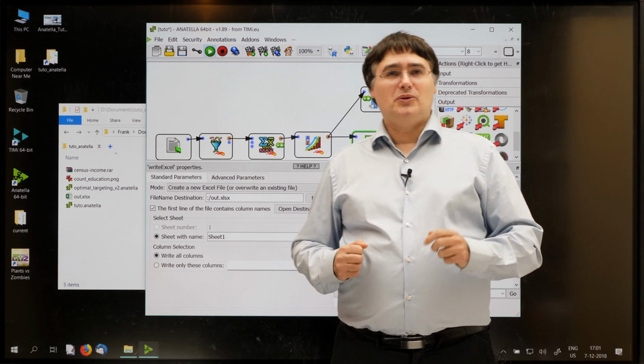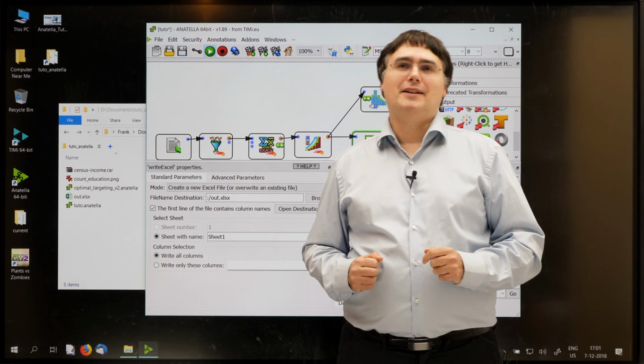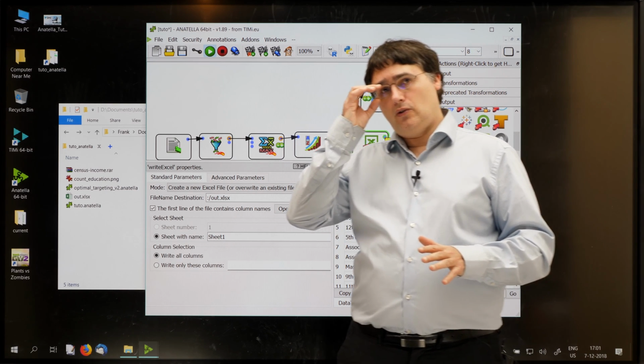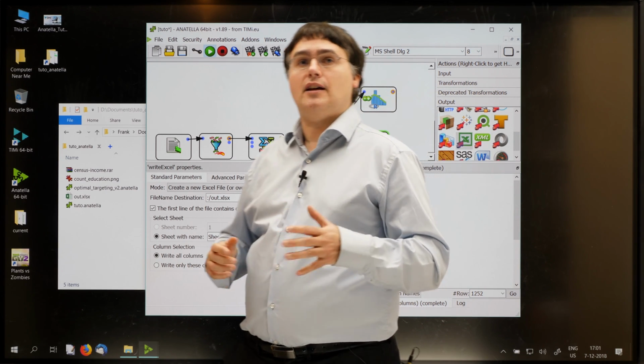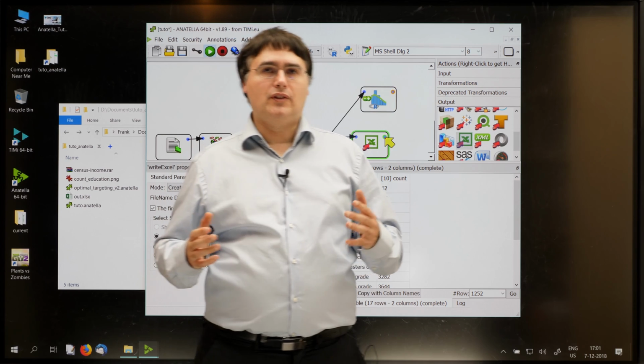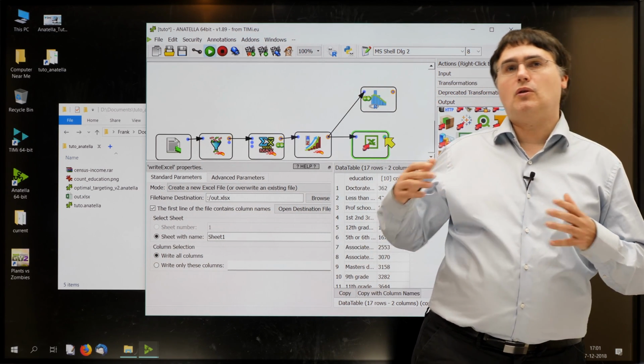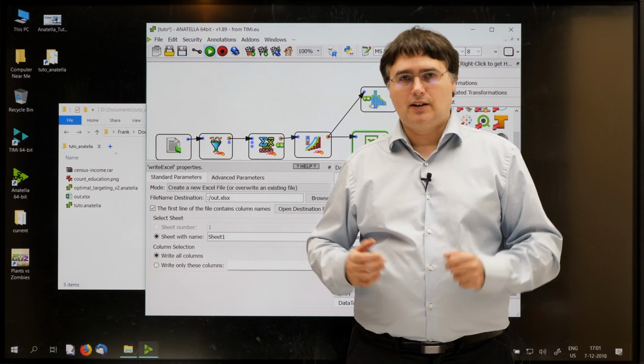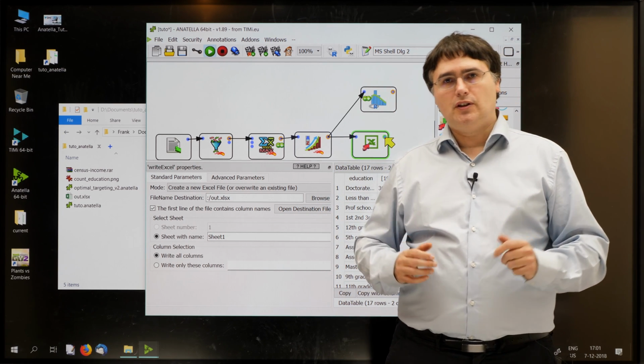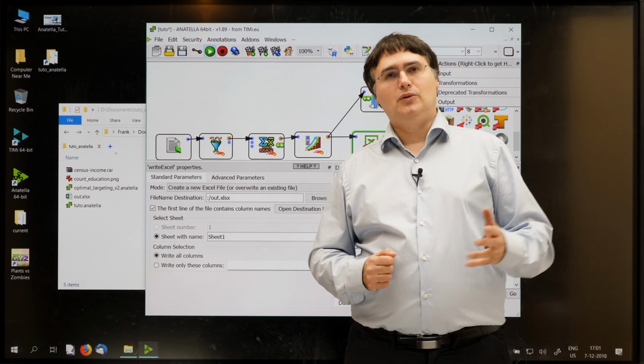Congratulations on learning how to use the cache mechanism included inside Anatella. This mechanism allows you to easily create and thereafter debug any type of data transformation, from the simplest data transformation to the most complex and the most refined data transformation. You can now proceed to the next section of this tutorial.